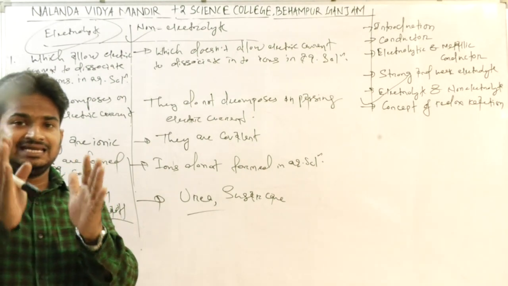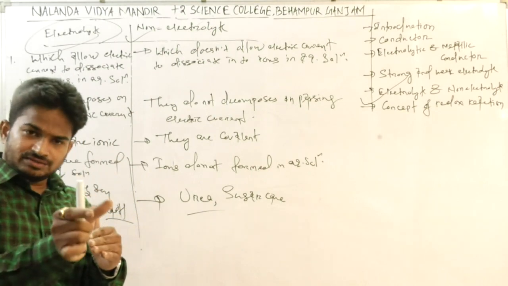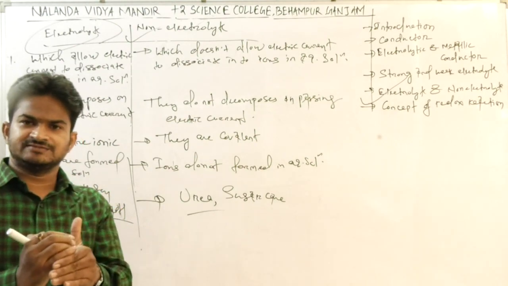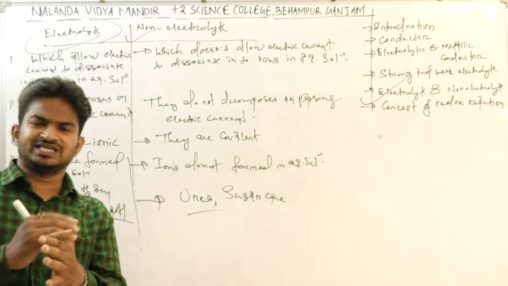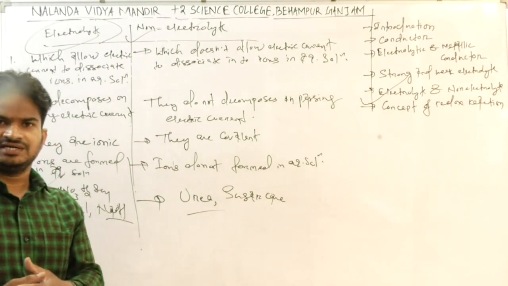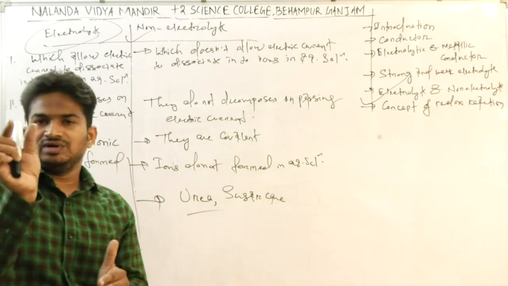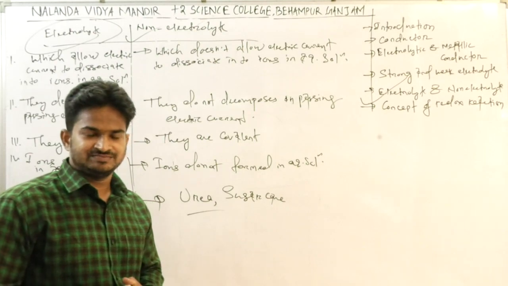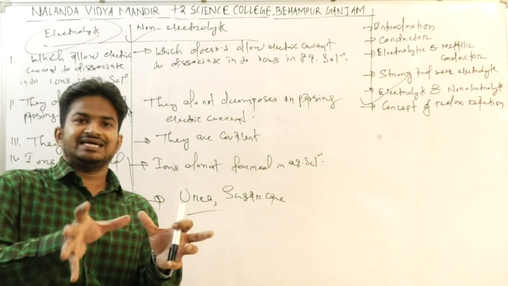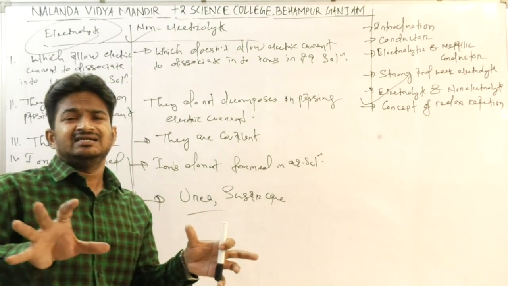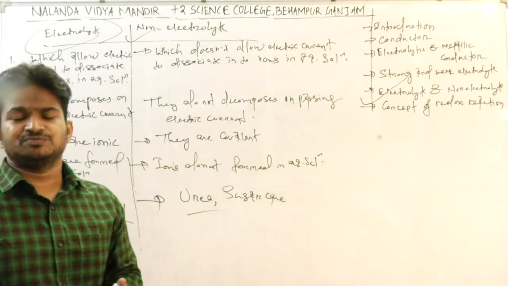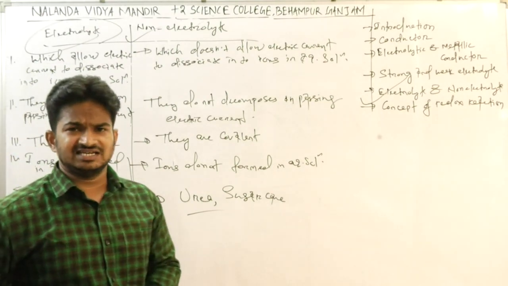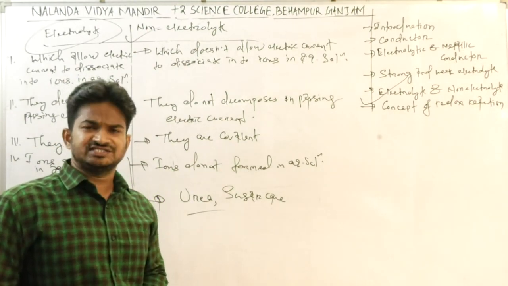Before dealing with electrical energy, we should have at least minimum idea about conductors, electrolytes, non-electrolytes, weak electrolytes, strong electrolytes. Similarly, to deal with chemical energy, we should have minimum idea about redox reactions, because chemical energy can be sourced through spontaneous redox reactions. We have already discussed that part in 11th class, chapter number 8, redox reactions.